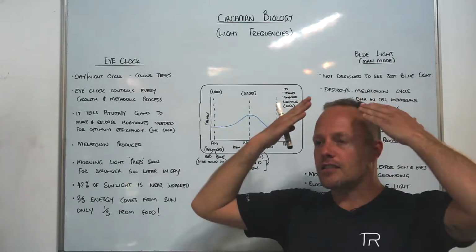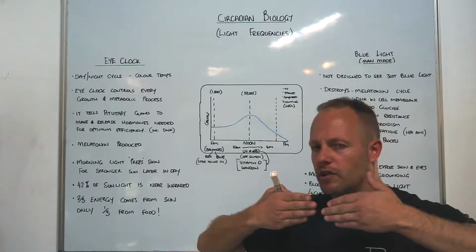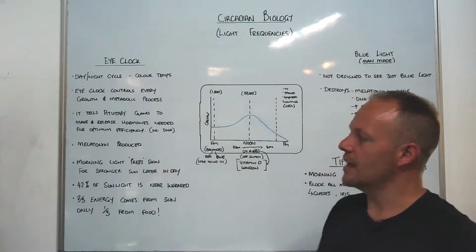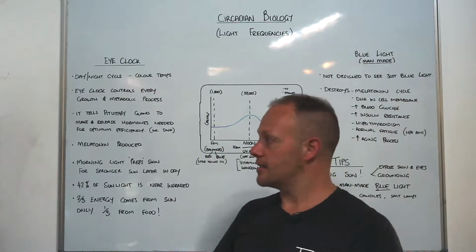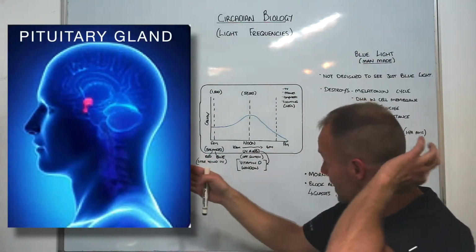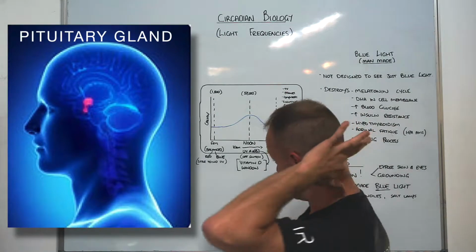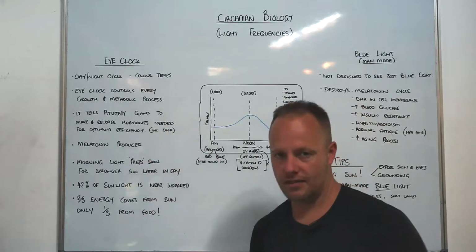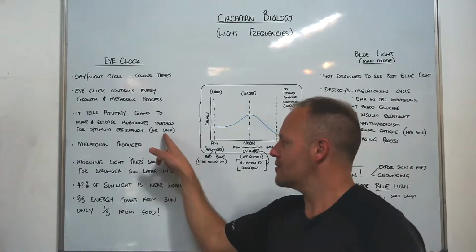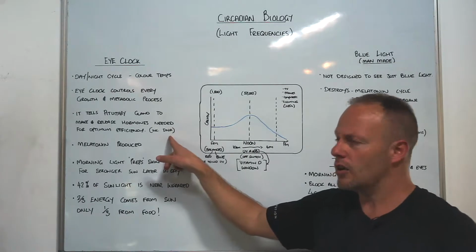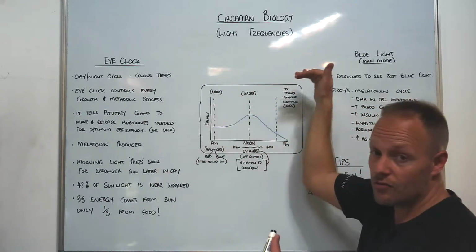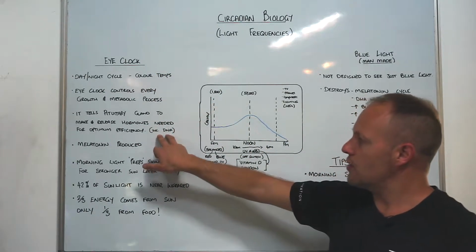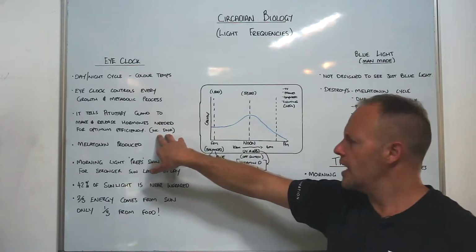So if we have sunglasses on the whole time or glasses that block certain frequencies, if we're all rugged up, if we're inside so much, we are missing the ability to allow the eye clock to drive all of our processes. It tells the pituitary gland, which is at the base of the brain, basically right in there, to make and release hormones needed for optimum efficiency. And one of the other most important things is that this includes our DNA. So if we're missing our circadian rhythms and we've got a really screwed up eye clock that doesn't tick properly, it's going to filter all the way down to our DNA structures too,